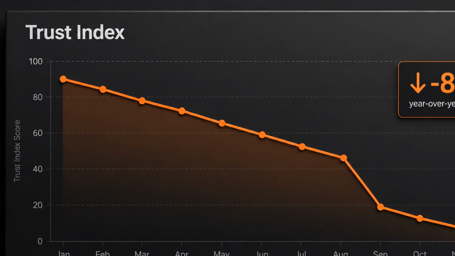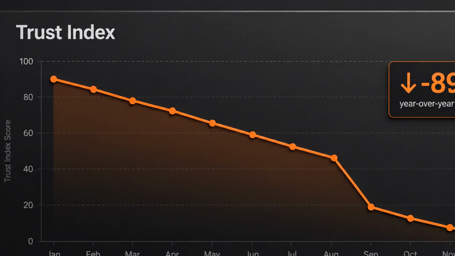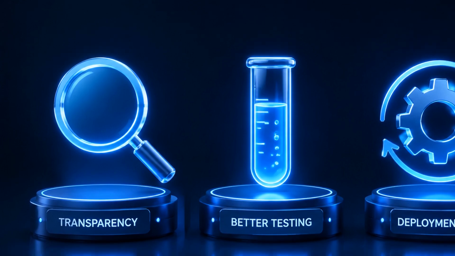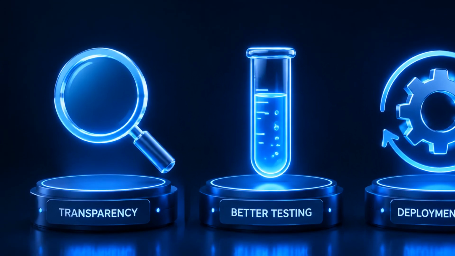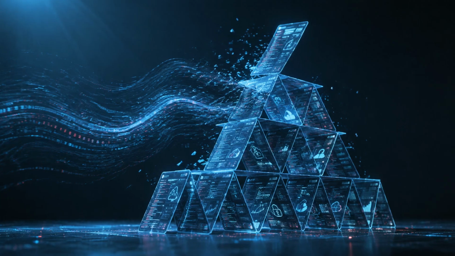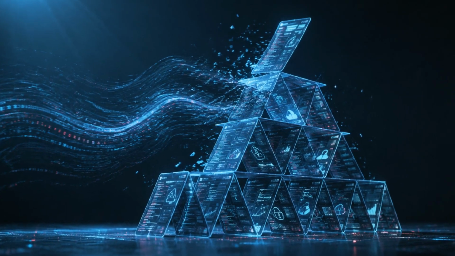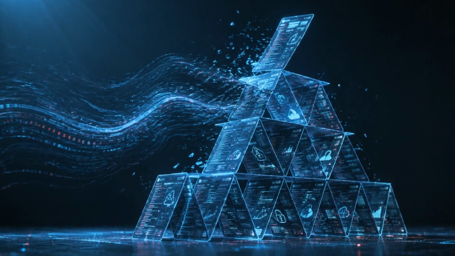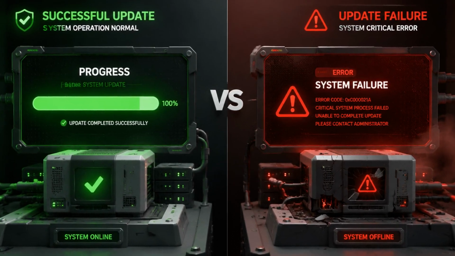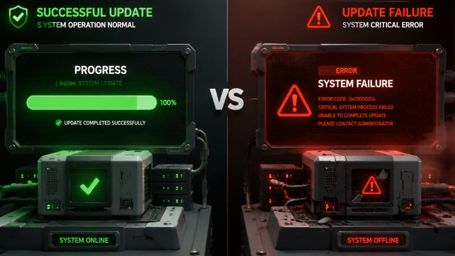The cost of this outage was not just financial, it was a loss of trust in the systems we depend on. Rebuilding that trust will require transparency, better testing, and a fundamental shift in how we approach global software deployment. The architecture of our digital world is a marvel, but it is also a house of cards waiting for a gust. We must ensure that the next update brings progress, not a total halt to the functions of our modern